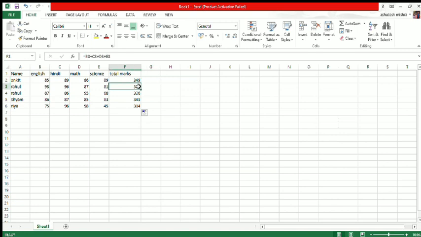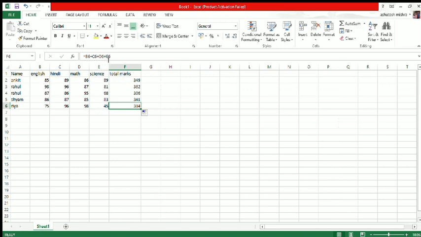Look here, in the FX bar the formula is automatically changed: B3, C3, D3 and E3. In row number 4, the formula automatically changed: B4, C4, D4 and E4. In row number 5: B5, C5, D5 and E5. And row number 6: B6, C6, D6 and E6.